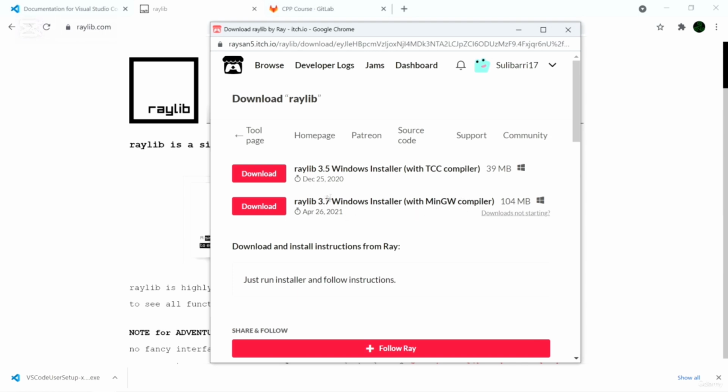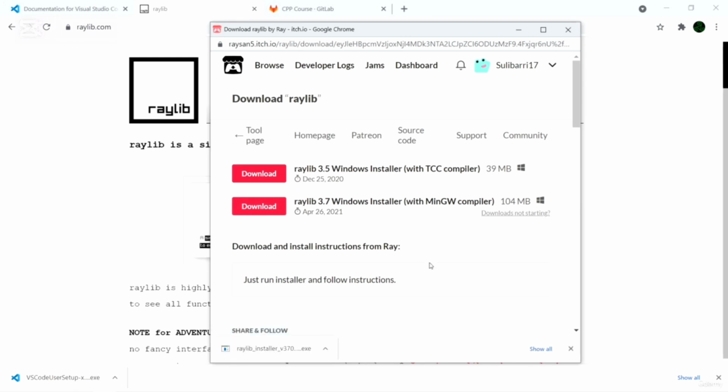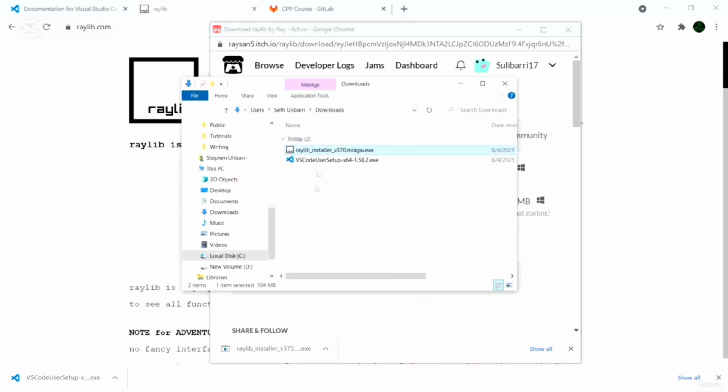Now it's okay if this number here is different as the versions update from time to time. So if it says 3.8 or a later version, that's fine. You're still just going to click Download. So once the download has completed, you'll see a pop-up at the bottom left of this little window showing you that you now have a .exe. This should be in your Downloads folder. You can click the little arrow and select Show in Folder if you want to see it there in the